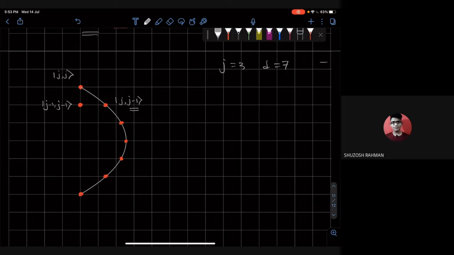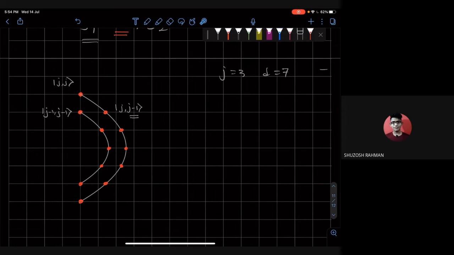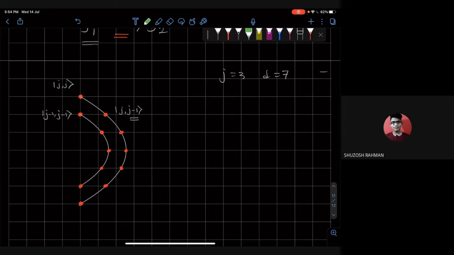And as I apply the lowering operator on this, I will have, let me draw another one. Yeah. So as I apply the lowering operator on this, I'm going to get other states like this. And just by doing the lowering operator, you're going to find out what this state is. Like, I'm just going to circle this state